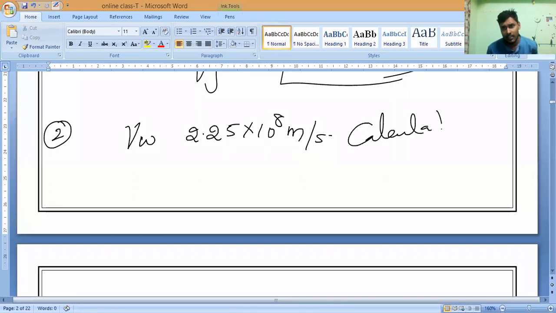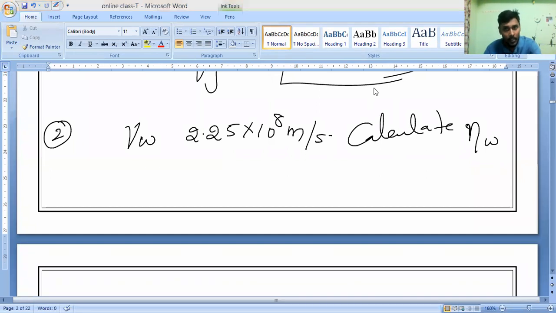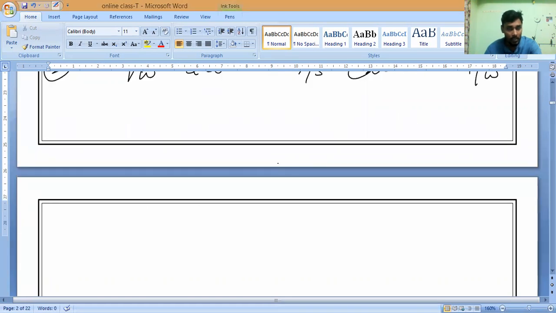See, they are not giving even the speed of light in air. Calculate the refractive index of water. That's all. So what will you people do here, guys? They are asking simply refractive index. Means absolute or relative refractive index? Anybody? Absolute. Absolute only. So do you understand, everyone? Dixit? Done, sir. Answer. Yes. So what answer will come?